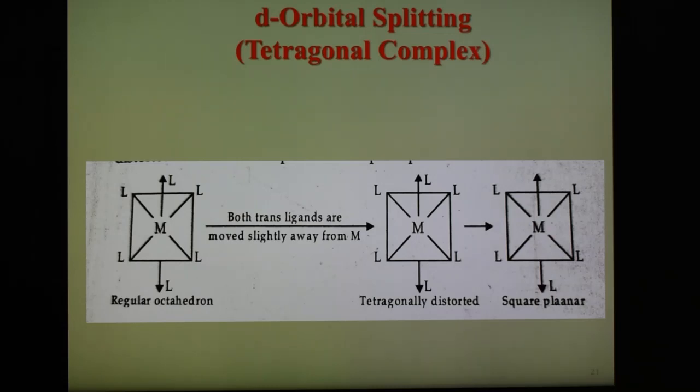The Eg orbitals point directly at the ligands. Therefore, asymmetric filling of the Eg orbitals results in some ligands being repelled more than others. This causes a significant distortion of the octahedral shape. In contrast, the T2g orbitals do not point directly at the ligands but point in between the ligand directions. Therefore, asymmetric filling of the T2g orbitals has only a very small effect on the stereochemistry.